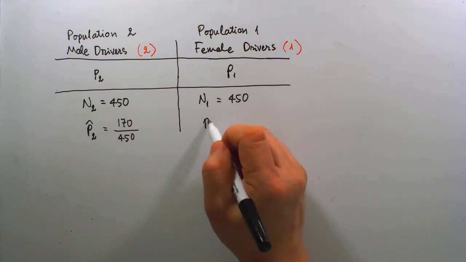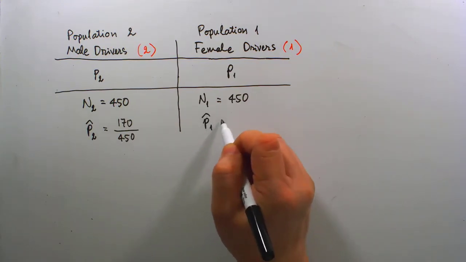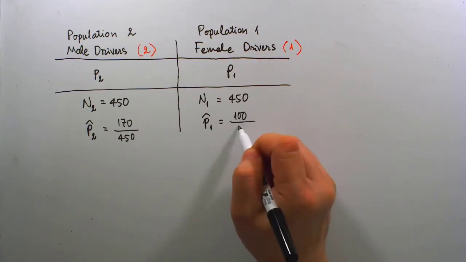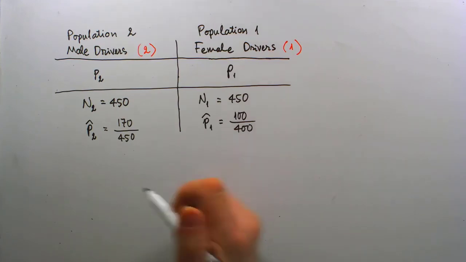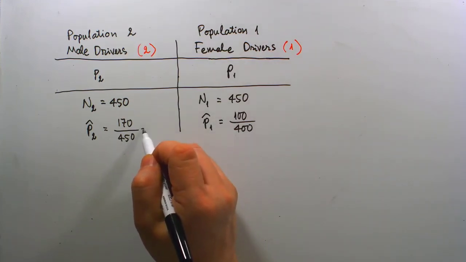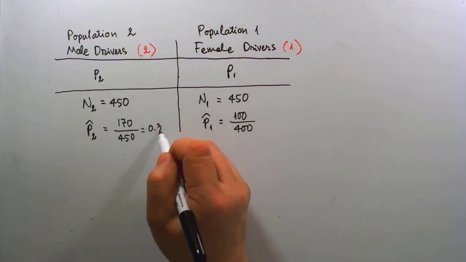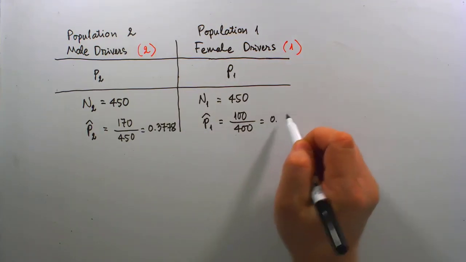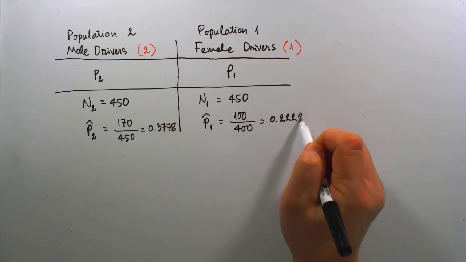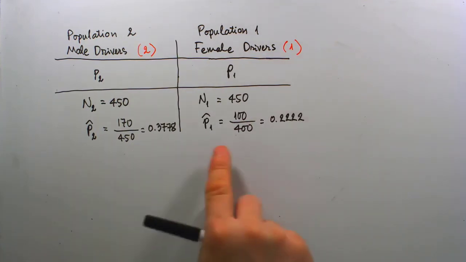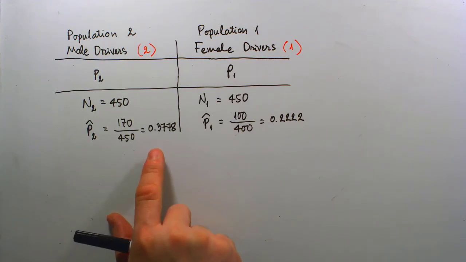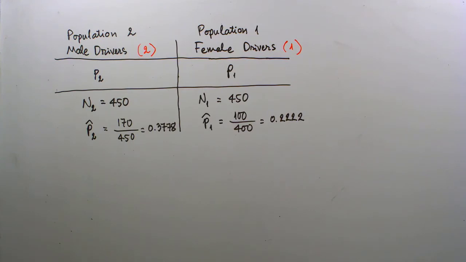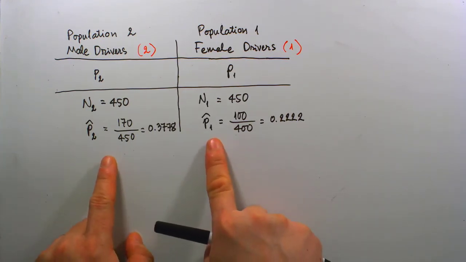And the sample proportion from population 1 now would be regarded as P hat 1, being 100 out of 450. And the numerical calculation would remain the same, 0.3778 here for P hat 2, but 0.2222 for P hat 1. And that was the reason why throughout all of my steps I keep mentioning that for whoever is playing in the role of P1 and whoever is playing in the role of P2, because here it's now different values